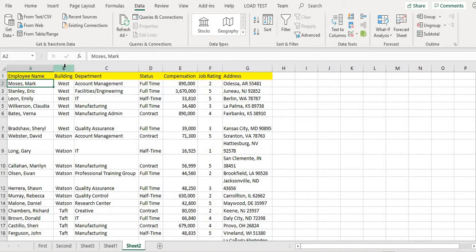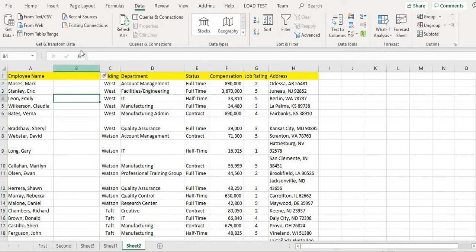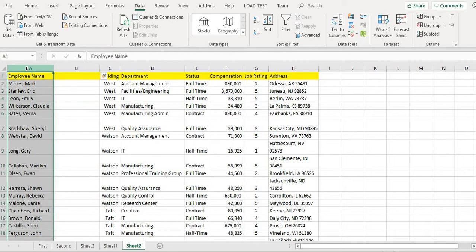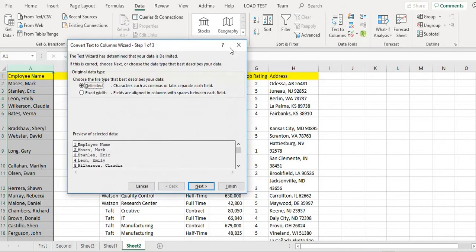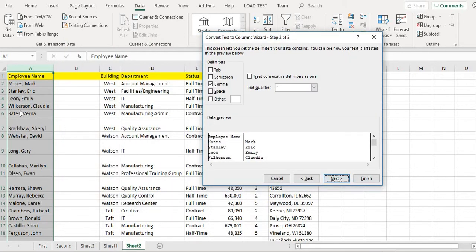So how can you do that? First you have to create some space, otherwise it will override this. So you just insert one column here, and now you can select this column, and in the Data tab you can go to Text to Columns. Here's Delimited, you can click on Next. Now which delimiter do you want to use?